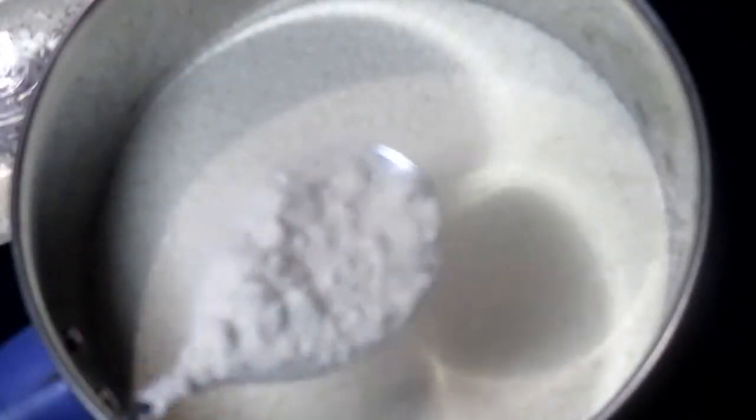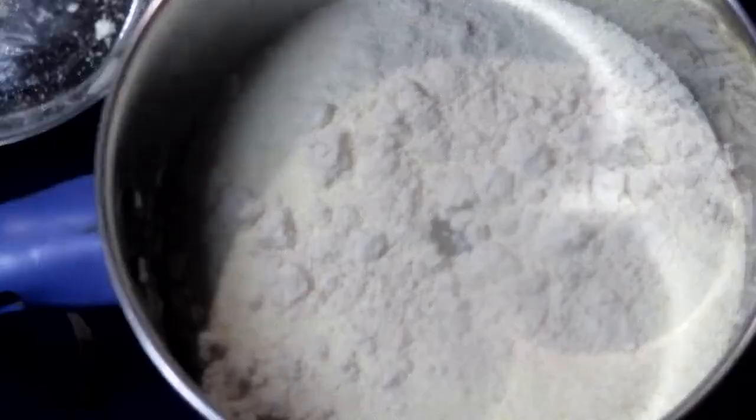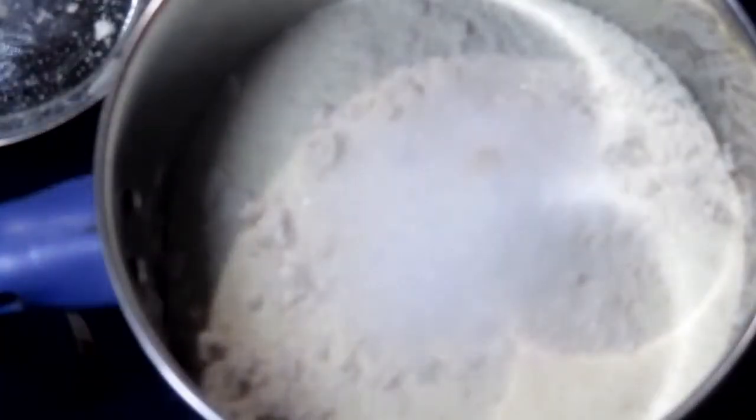Put the semolina into the grinder. Put in 2 spoons of wheat flour into the semolina. Put in 2 spoons of sugar. Put in half a spoon of yeast. Pour in 2 cups of water